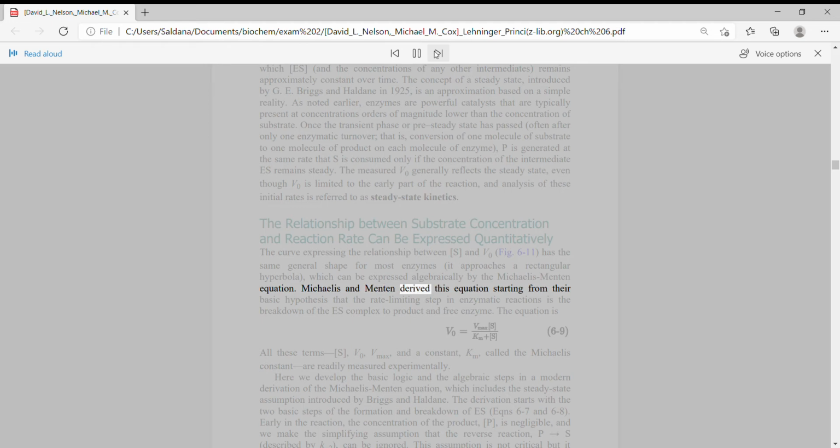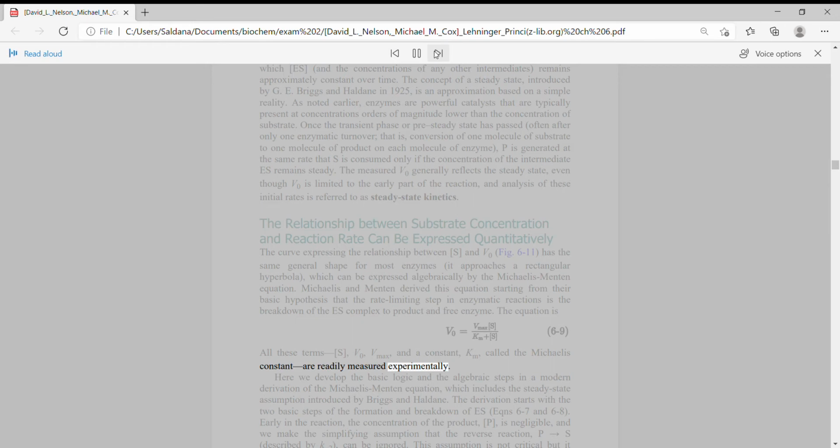Michaelis and Menten derived this equation starting from their basic hypothesis that the rate-limiting step in enzymatic reactions is the breakdown of the ES complex to product and free enzyme. In the equation, all these terms, S, V0, Vmax, and a constant, Km, called the Michaelis constant, are readily measured